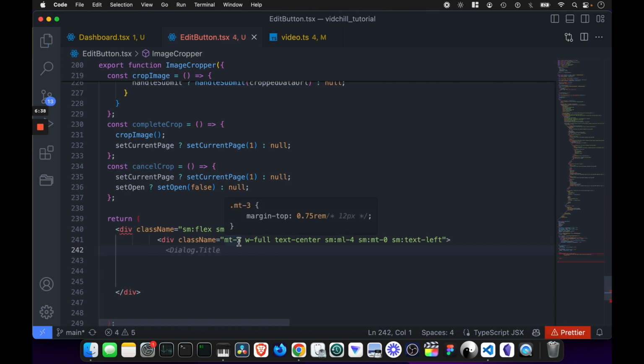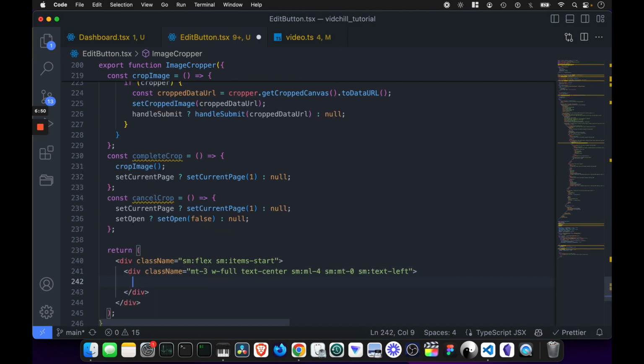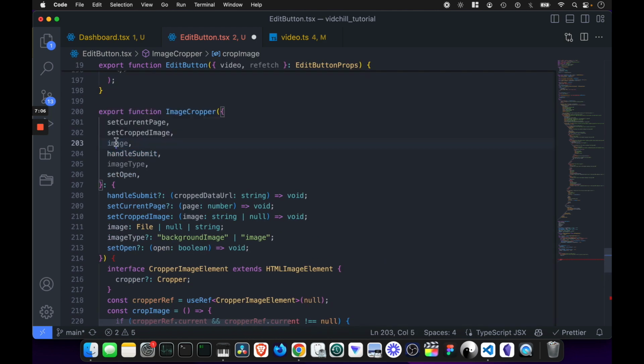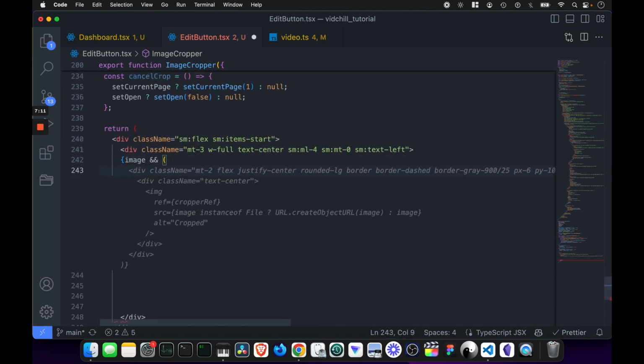Inside here, I'm going to say margin is top. I'm going to say full width. I'm going to say text center, and a couple other properties. Then I'm going to make a conditional. I'm going to say image. If we have an image, so we get it from here, from our props image,